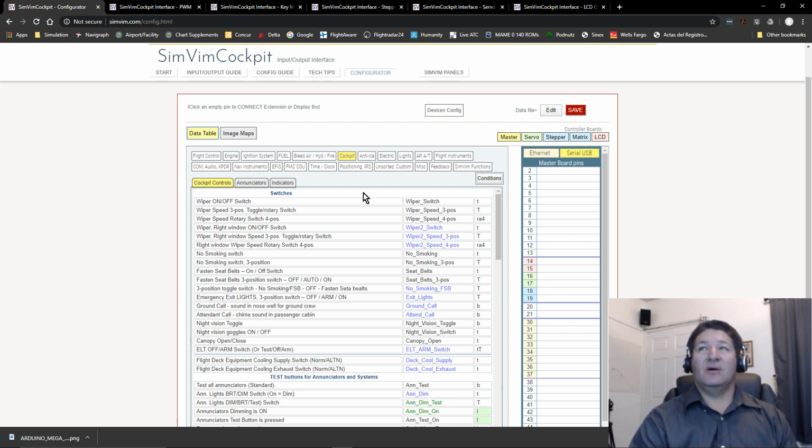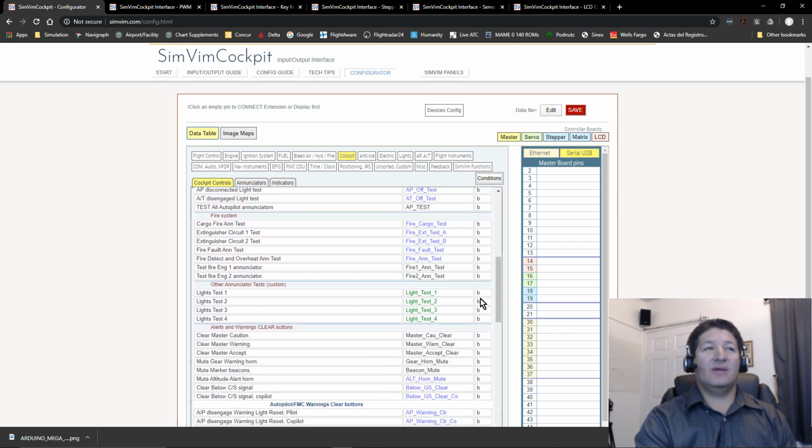The R are rotary switches, like for example right here and right here. And the number behind them tells you how many positions you need. So this is a 4-position rotary switch, or a potentiometer with an A, and this one right here is also a 4-position switch because they're both for the window wipers, so they're both the same. The S is a stepper motor. I also don't see any here